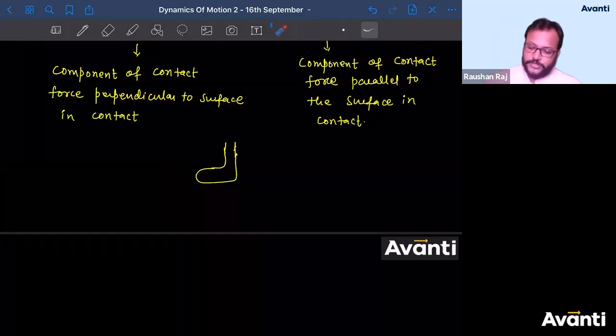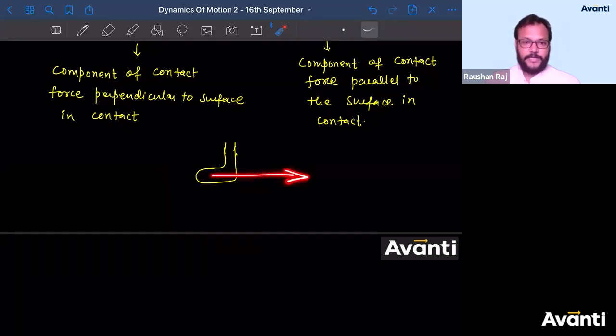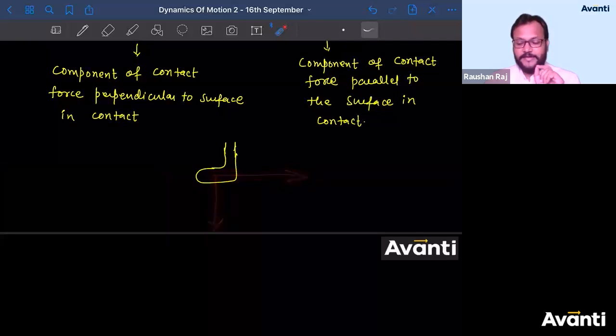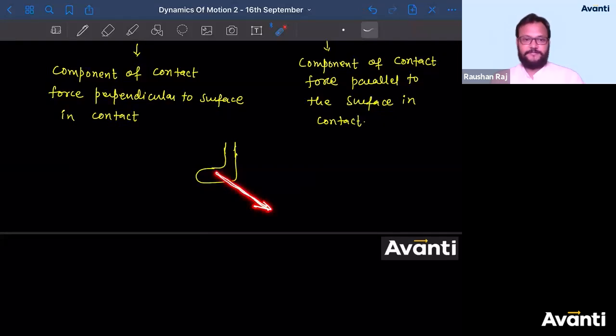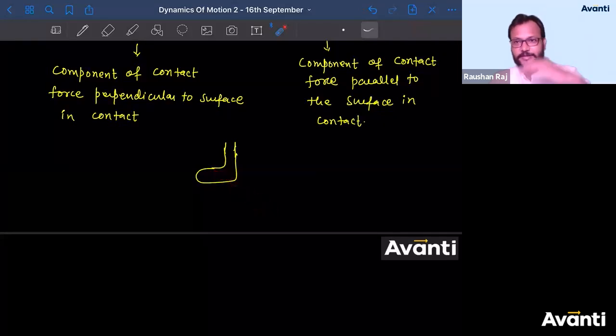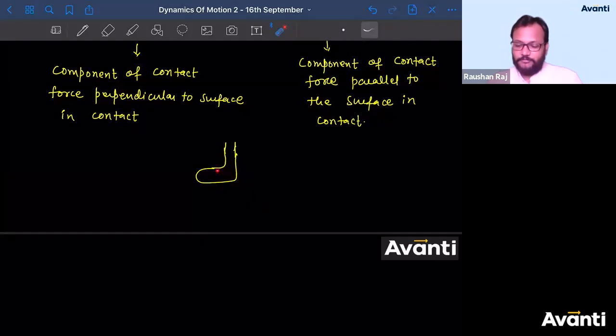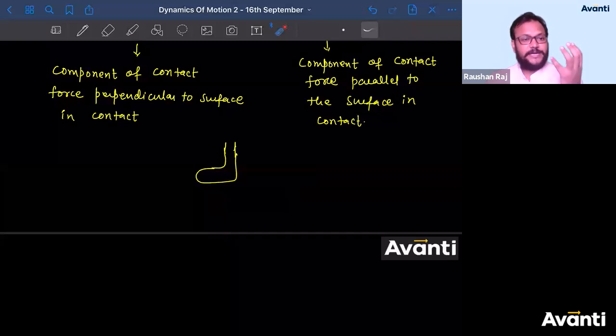Do you apply force on the ground in parallel direction? In this direction? Not exactly. Do you apply force on the ground only in this direction? No. You apply force on the ground in a direction somewhat like this. Right? तो कुछ ऐसा force लगाता है. Right? Because of your weight, you want to go down actually. So this component is already there. See, you have some mass, correct? Because of the mass, one gravitational force will come. So because of your mass, you have already a tendency to go down.